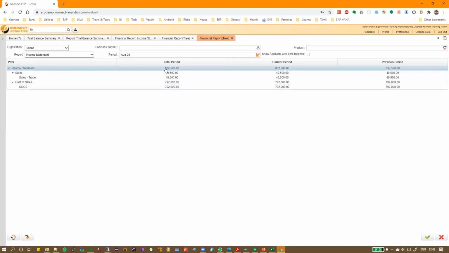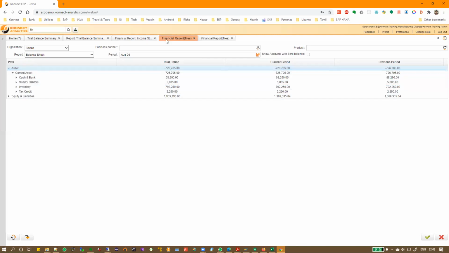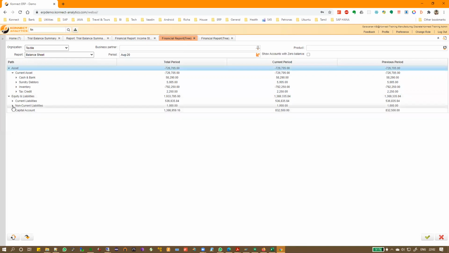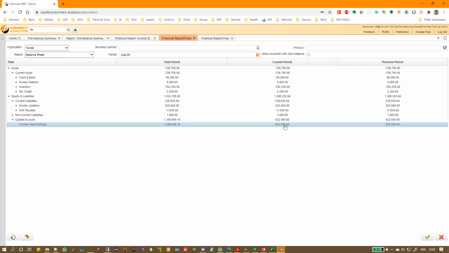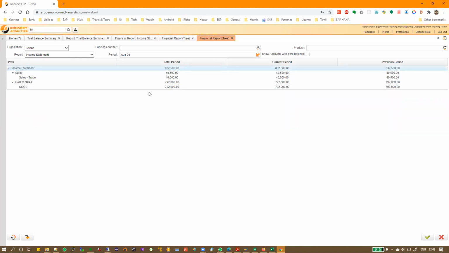Actually, this 83 to 500 should be coming here under current year earnings. You see, 83 to 500. This is coming from income statement data here, but still it's not matching. So we need to see why it's not matching. But this is how the report works.